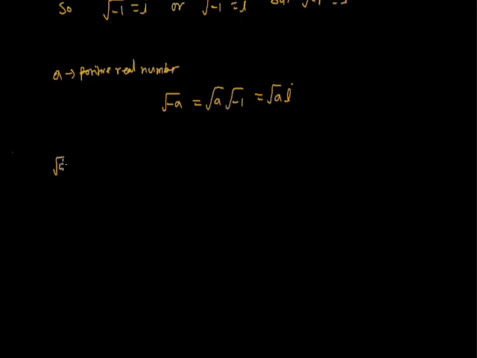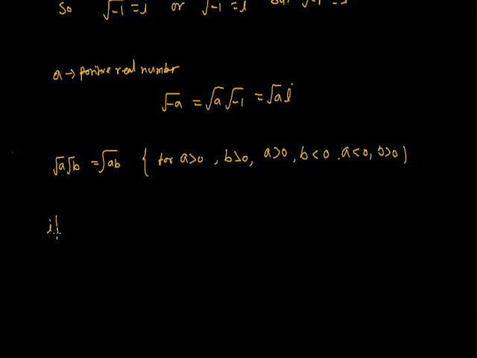Now, under root a into under root b is equal to under root ab, and this is true for a greater than 0 and b greater than 0, a greater than 0 and b less than 0, a less than 0 and b greater than 0. If a is less than 0 and b is less than 0, then under root a into under root b is not equal to under root ab,